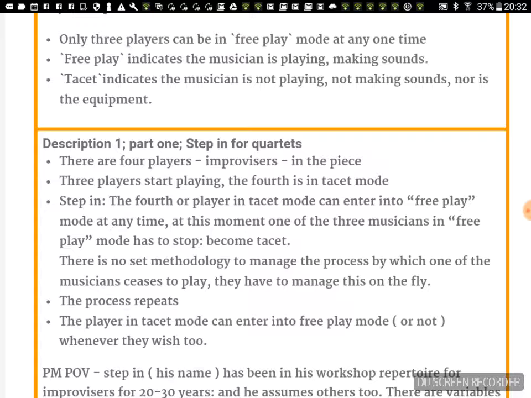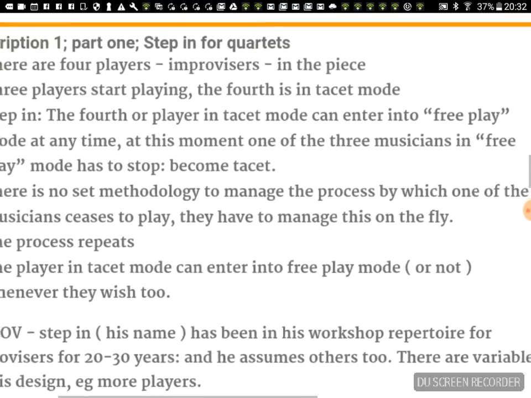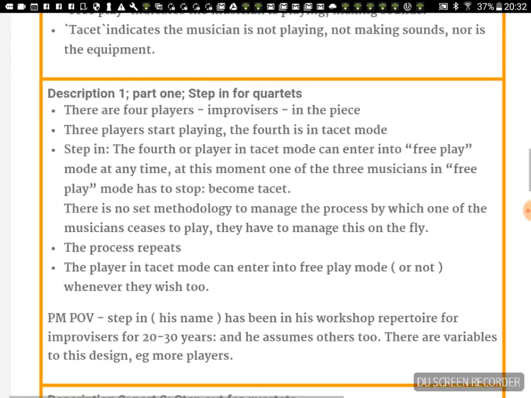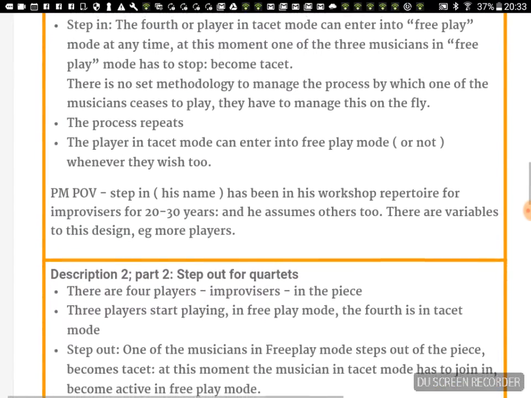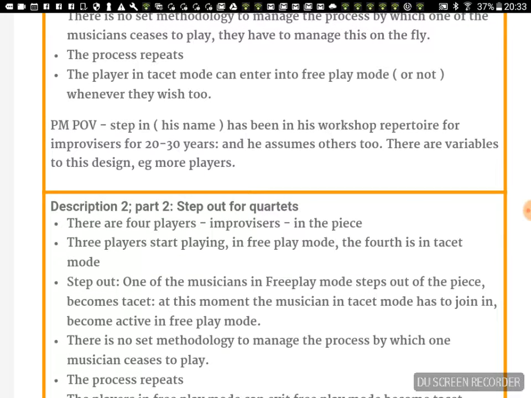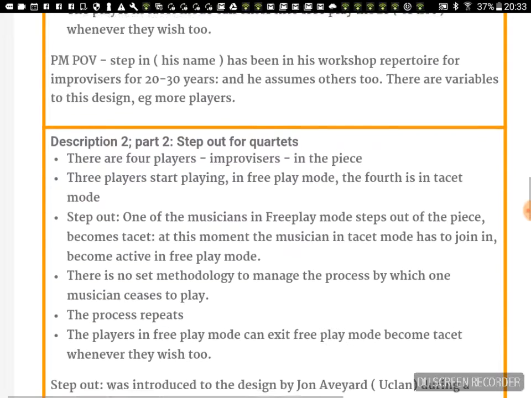So the player in tacit mode can enter into free play mode any moment they wish to. I've been working with various variations on this theme for about 20 or 30 or even 40 years. I assume other people have too. I've just given it a name, and I'll come back to the variables on this basic design later. But let's just move on to part 2 or version 2 of this piece,